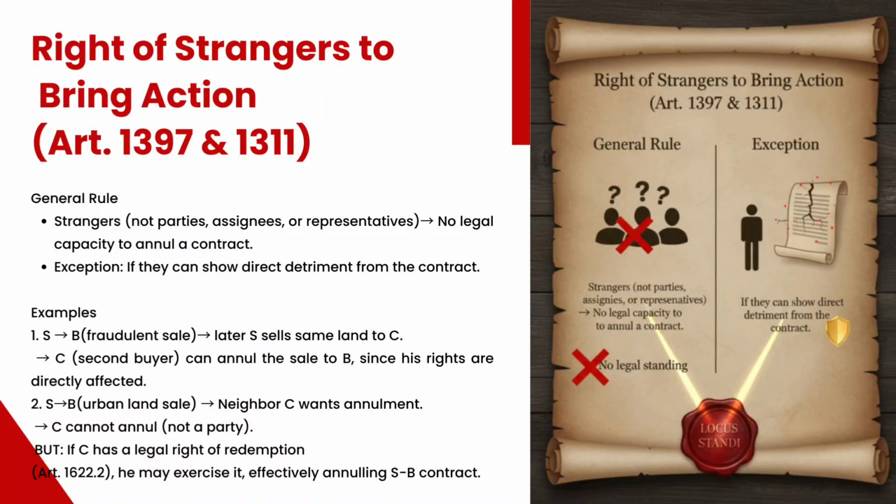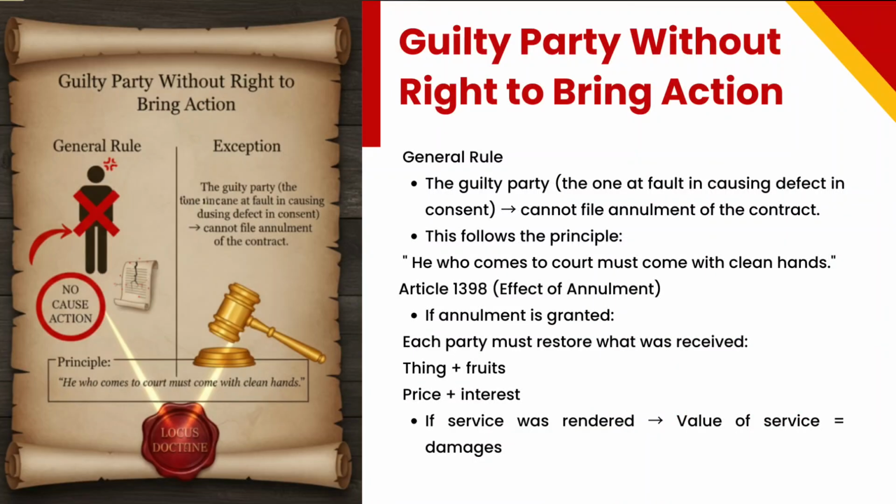Note: the exercise of the right of redemption by C will in effect annul the contract of sale between S and B. Guilty party without right to bring action. The guilty party, including his successor in interest, cannot ask for annulment. This rule is sustained by the principle that he who comes to court must come with clean hands. Article 1398. An obligation having been annulled, the contracting parties shall restore to each other the things which have been